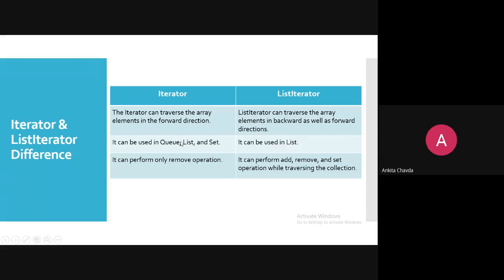Iterator can be used in queue, list, and set, because in a queue, if it is a singly ended queue, you have to move only forward, like your front and rear pointers that you are moving.